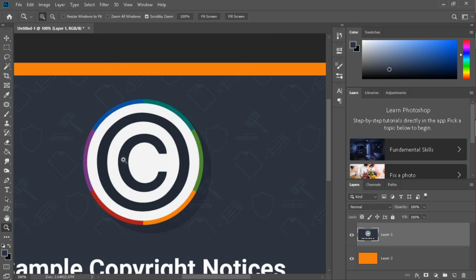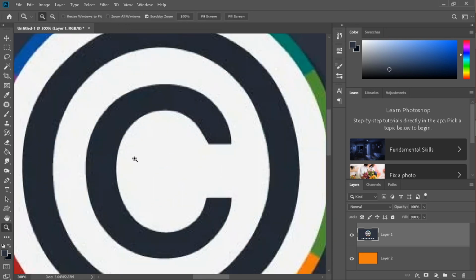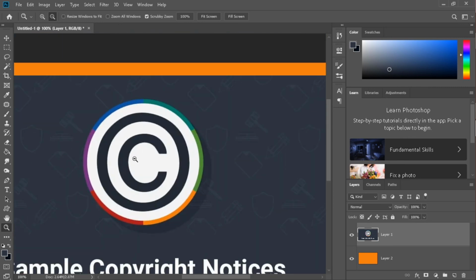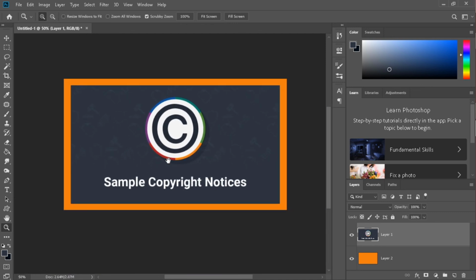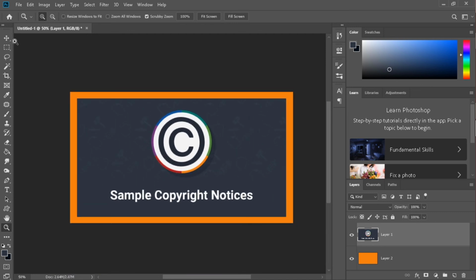As you can see here, I have pressed the Z key and am clicking to zoom in. But what if I want to zoom out? You just have to hold Z plus Alt and click, and boom, you are zooming out. So in this video I have discussed the basic tools of Adobe Photoshop with you guys,